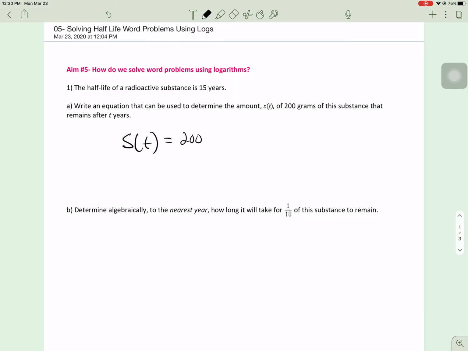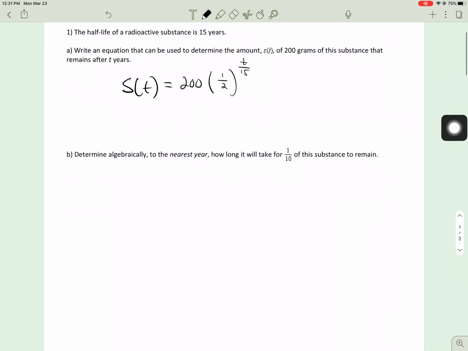So the initial amount is 200, and it multiplies 200 by a half every time you have 15 years. So t over 15, right? When t is 15, 15 over 15 is 1, you'll multiply 200 by a half 1 time. When t is 30, 30 divided by 15 is 2, you multiply 200 by a half 2 times. So there you go. Now, determine algebraically to the nearest tenth how long it will take for 1/10 of the